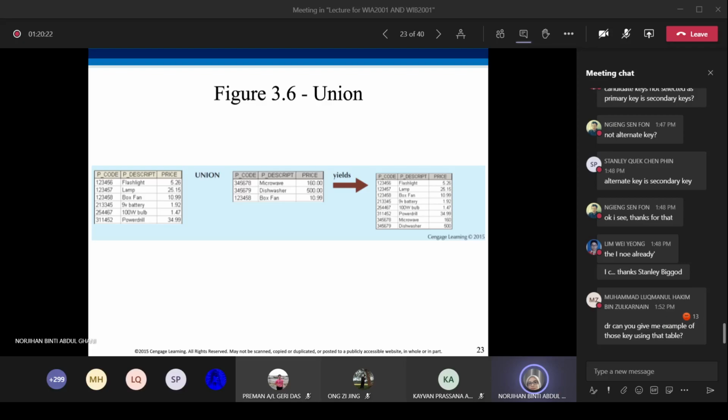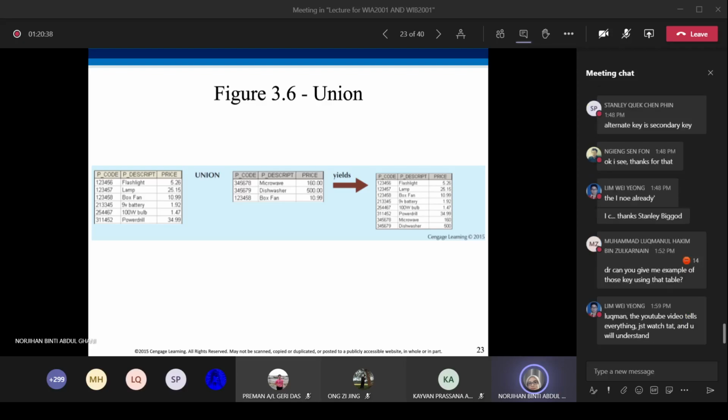For the second table, we also have P code, P descriptions, and price. Only when we have the same number of columns with the same column names can we union these two tables. So this is for union.